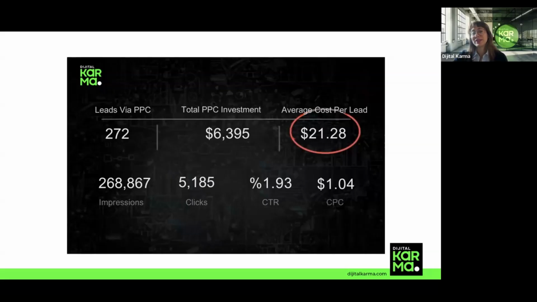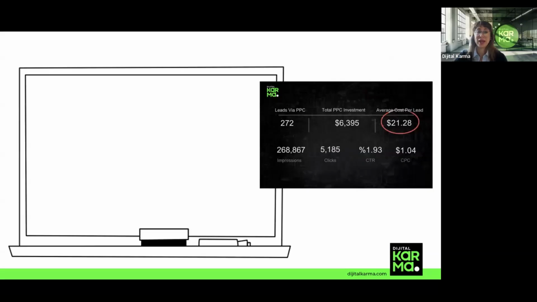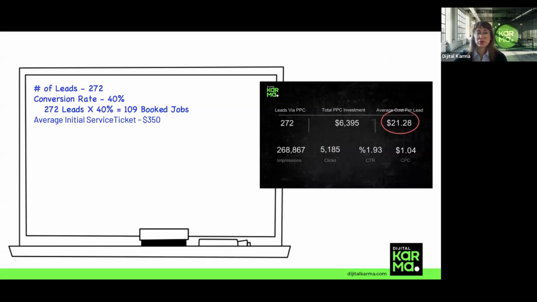So let's see what happened in August with these 272 leads from PPC. Let's assume about 40% convert into booked jobs, which is typical once you filter out spam calls and tire kickers.